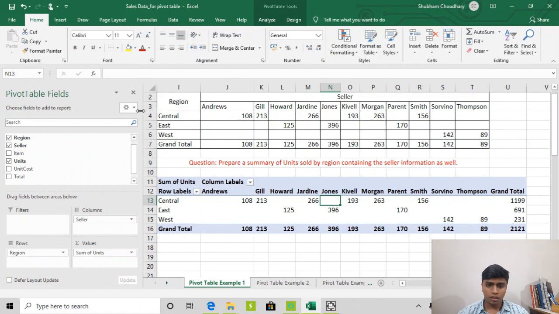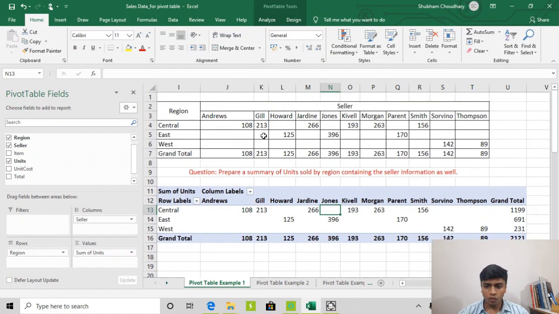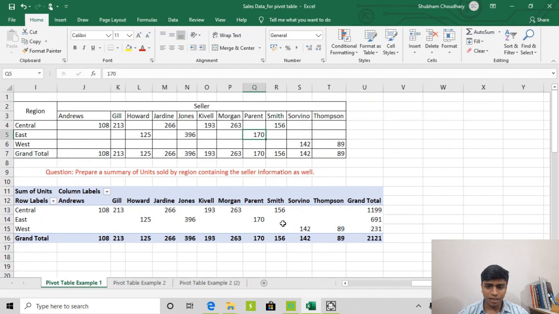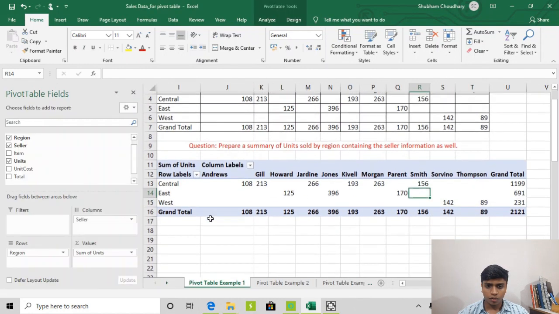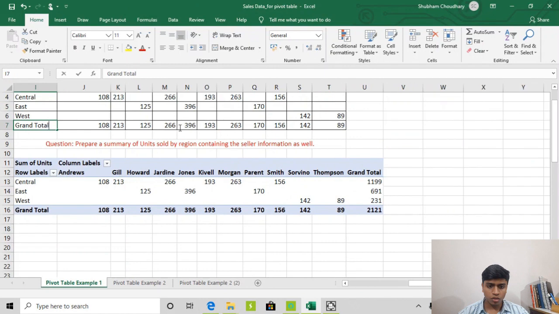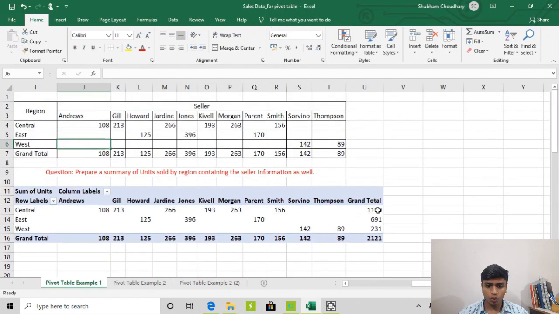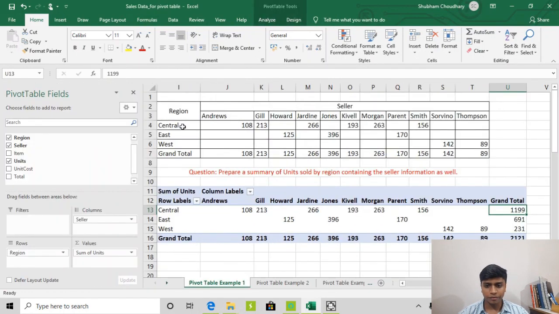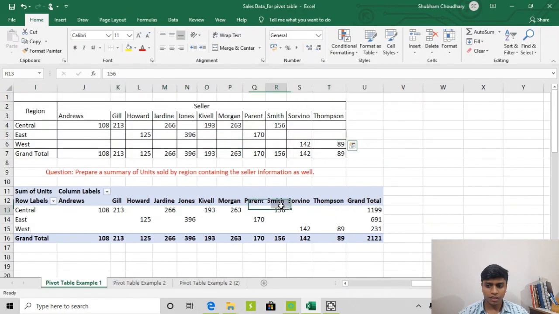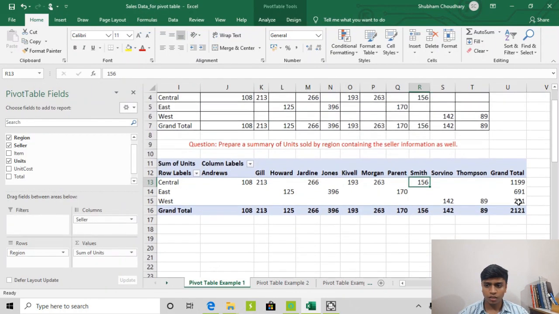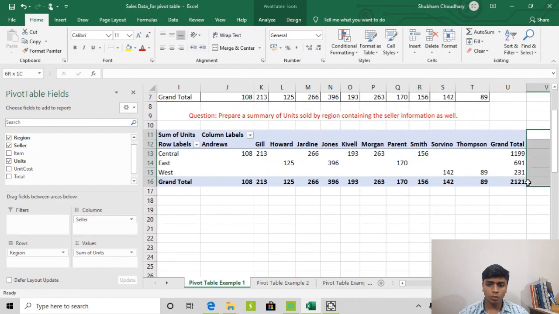Now if we compare these two, what we find is that the grand total for the columns is in our question as well, but the grand total for the rows is not here at this location. So we want to remove this.